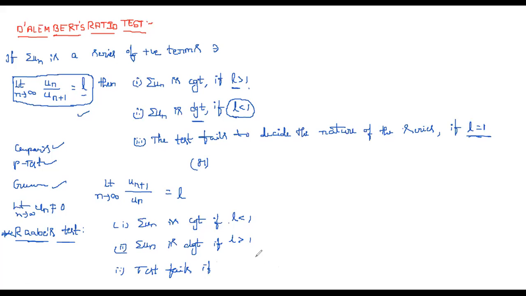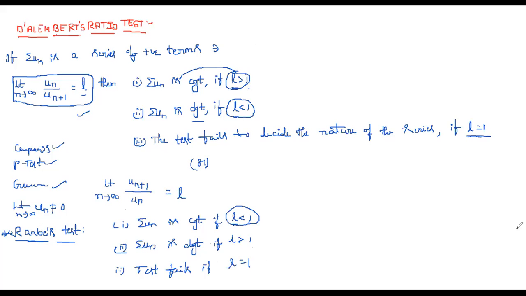When you're solving the problem, you can use any one of them, either this condition or this condition. Mostly we use this condition, but if you want, you can use limit n tends to infinity u_(n+1) by u_n also. But you need to remember these conditions: if you are using this condition, if L greater than 1, then only we say it is convergent. But if you are using this condition, if L less than 1, that is convergent. So whatever condition you are applying, you need to remember these conditions.